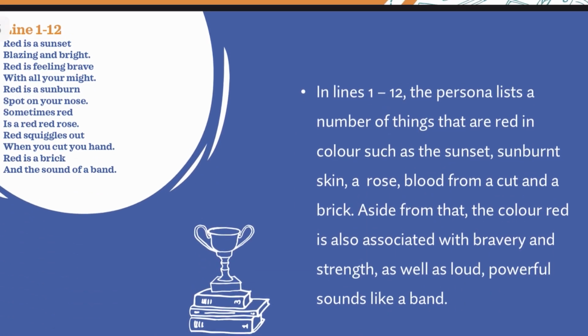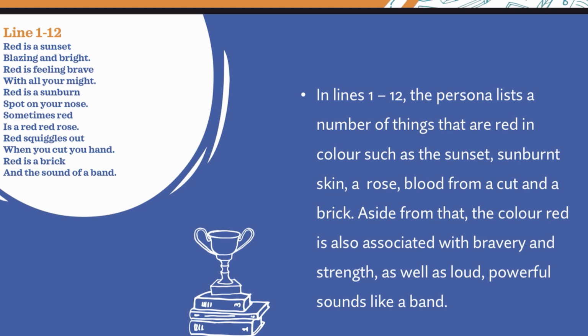Okay, let's check out line number 1 until 12. Right here is the poem on your left side, and on the right side is the explanation. Okay, line 1 until 12. Line 1 is started with red is a sunset, and it ends with and the sound of a band. Okay, band dekat sini ialah band kumpulan penyanyi tu. Okay, for example we got